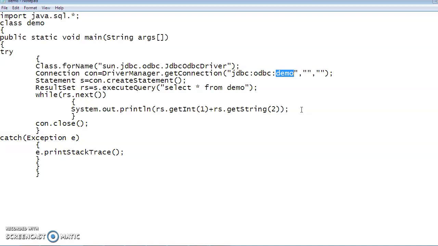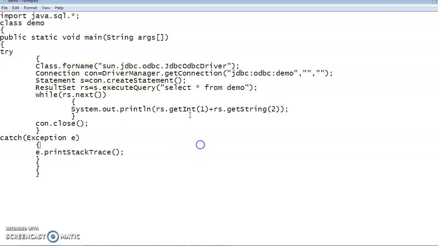Just remember, the database that I am going to use here to connect my Java application is named demo. What I am using here is JDBC and ODBC, the type 1 driver that we have selected. Now we have connected by using the object con.